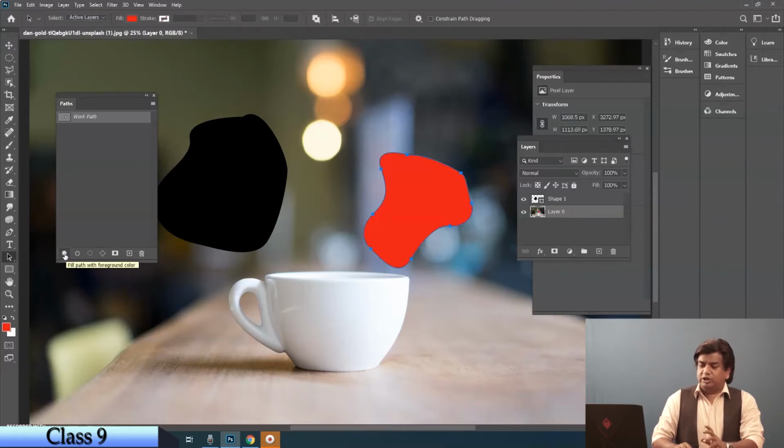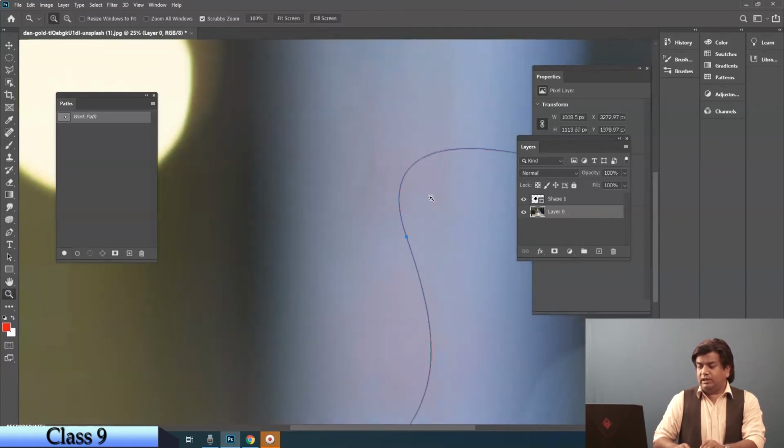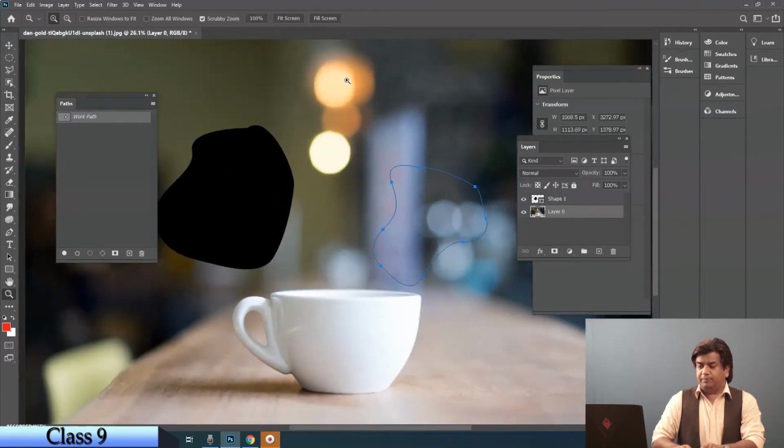Though it was not a shape layer, it was a path, we were able to trace a particular area and then fill the path. Okay, if I don't want fill, I want outline, so I click on the second option, that is stroke path with brush. So we are able to put a brush on that. So we'll see here, it has added that particular brush to it.